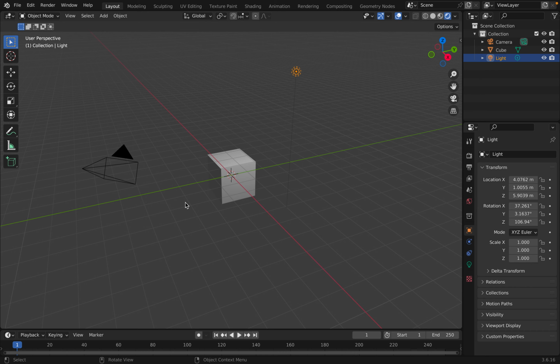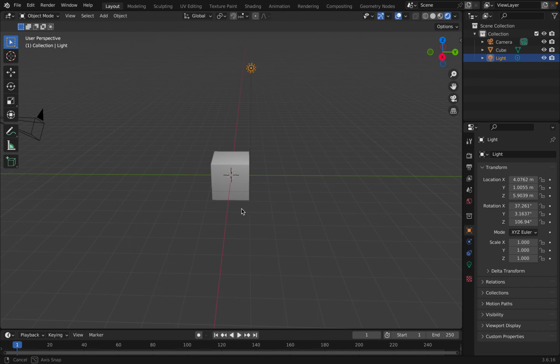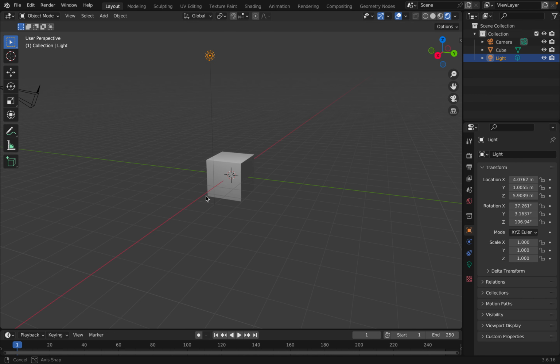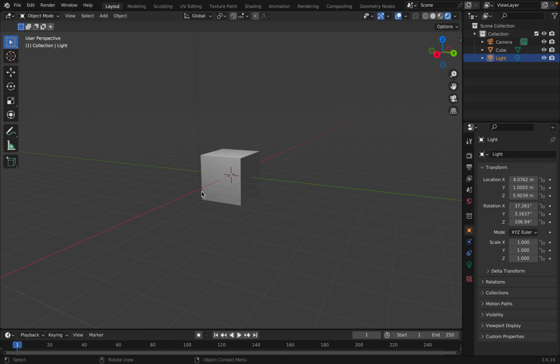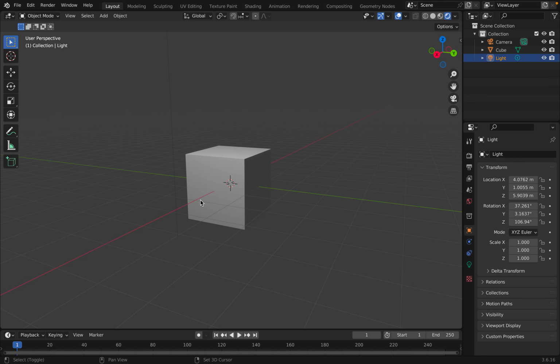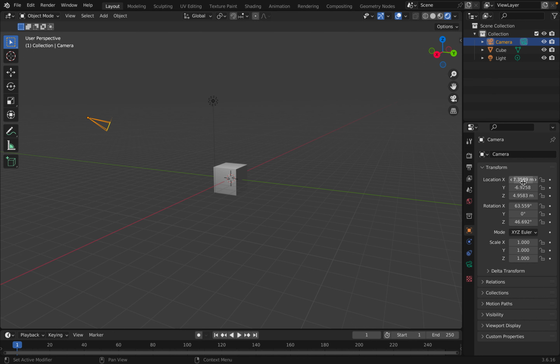So, first off, I want to decide where I put my camera. In this case, I want my camera to be right here. While you can click on your camera right here, and you can actually change the location of it by changing these parameters in this orange object properties box,